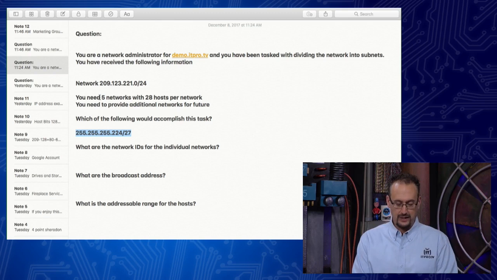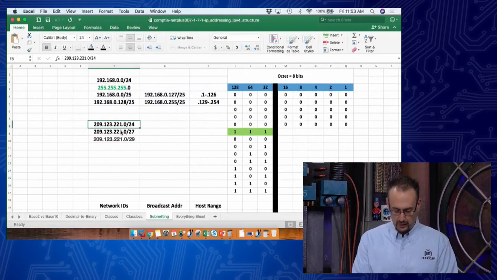If we needed 5 networks and 28 hosts per network, what kind of slash notation or subnet mask would we need with the base information of 209.123.221.0? We found out that a subnet mask of 255.255.255.224, or just a /27, would give us,